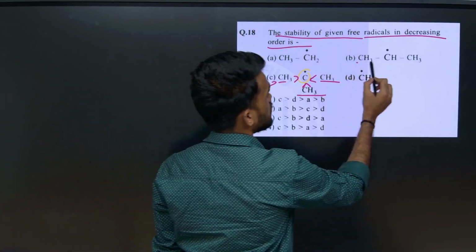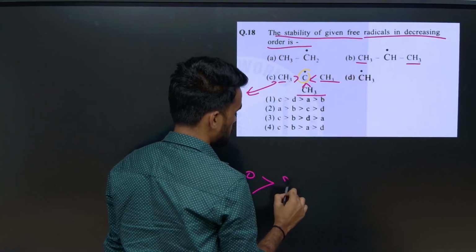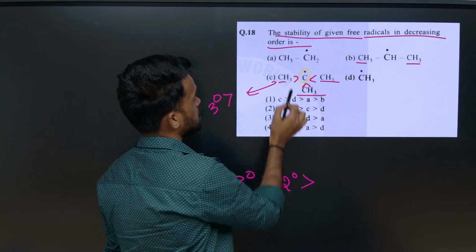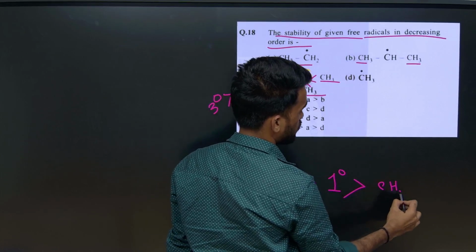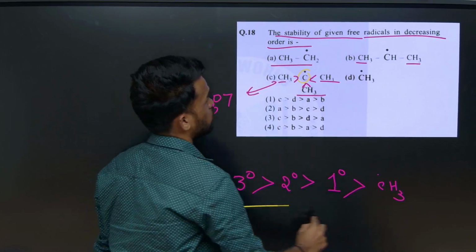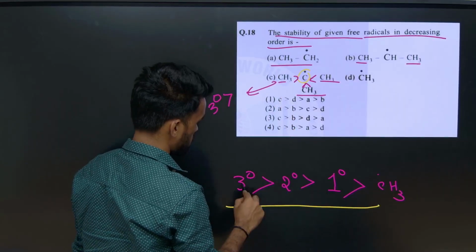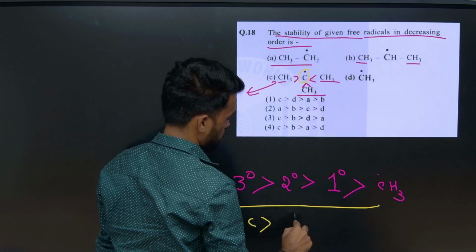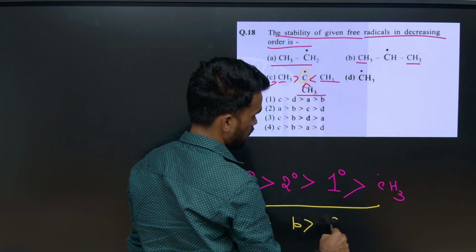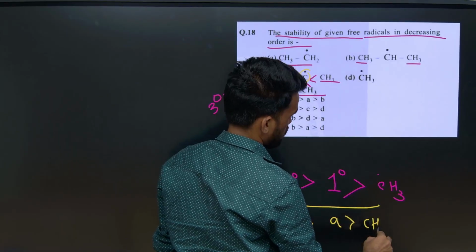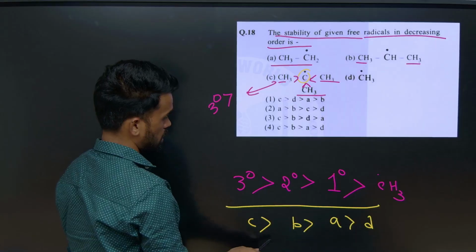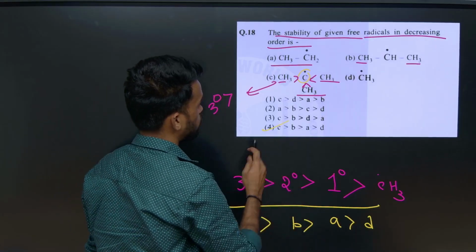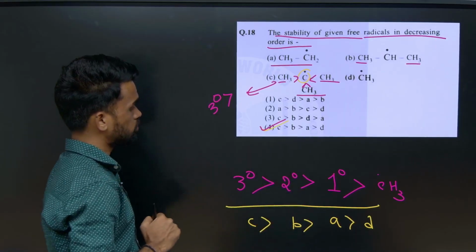Then next, here it is surrounded by 2, so it is a secondary free radical. Then next it is primary. Then next it is the normal methyl free radical. So what is the stability order? It is C, then B, then A, and this is methyl, which means D. So just choose the option which has this answer. So option 4 will be correct. I hope